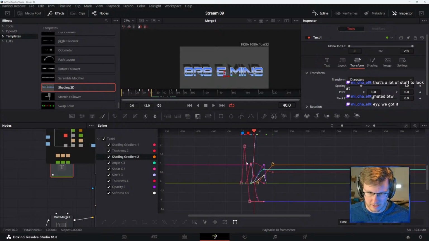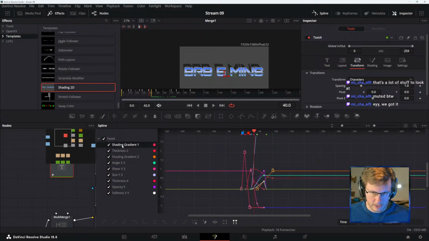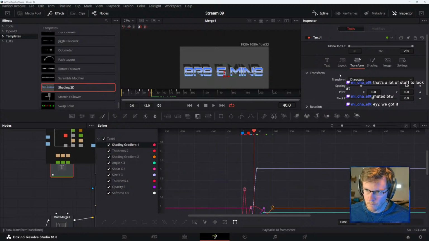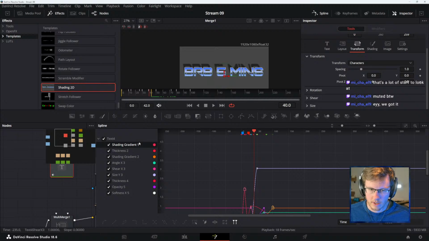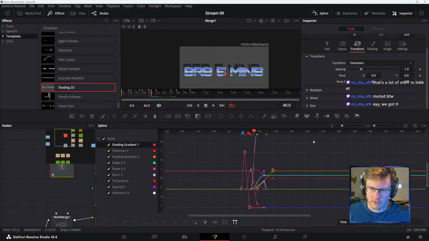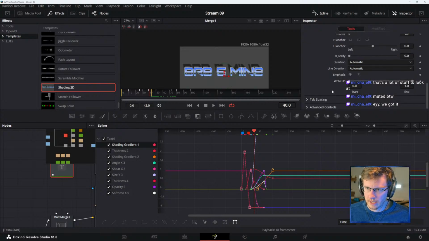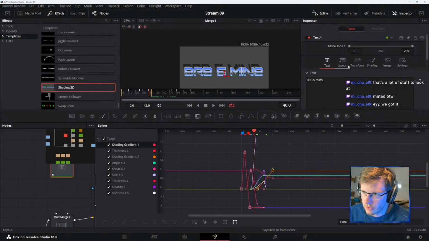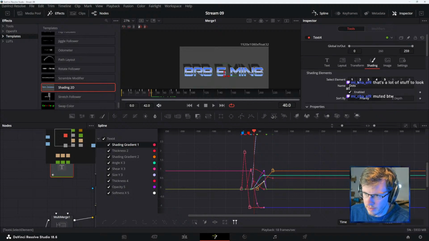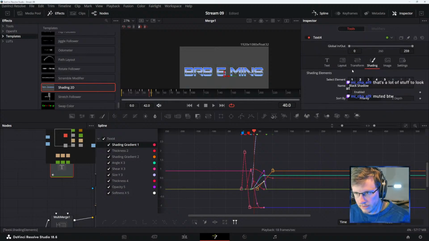The shading, it looks so dumb. Is that the shading? How do I tell? Text, I think I just sift through here and try to figure out what's there. It is, okay.